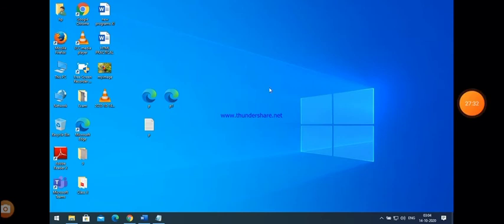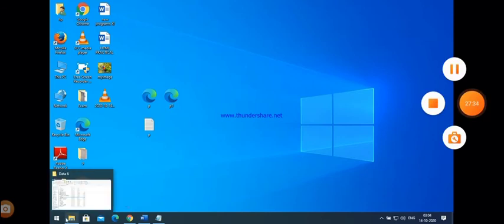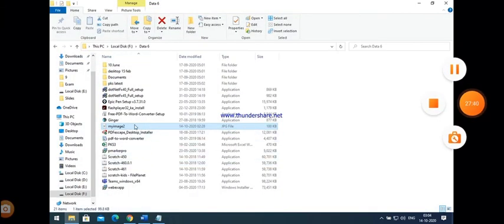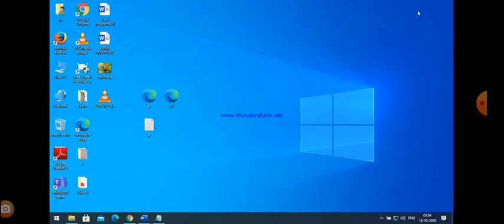Now first of all let us see the image location. You can easily see that in F drive there is an image. This is an image. You can check its properties.